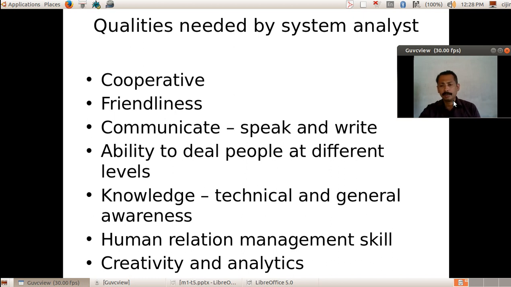He should be technical and general awareness should be there, knowledge should be there, human relation management skill, how to manage relations between students, between teams. Then how to solve problems quickly using short methods. That is creativity. How to solve